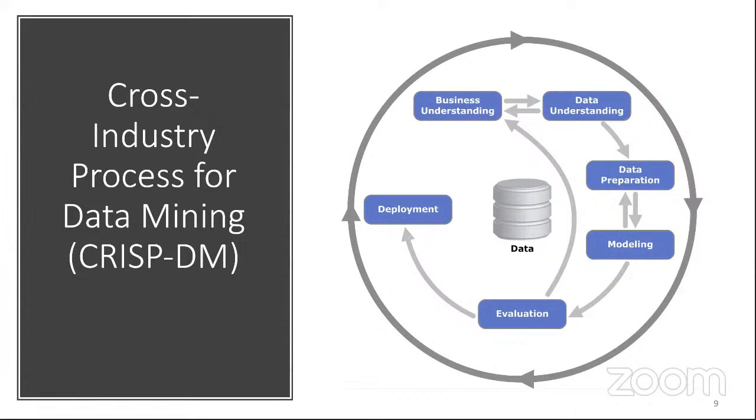Well, one of the earliest ways that people presented for doing data science was what was called the cross-industry process for data mining, or CRISP-DM. And it represents this process flow. You start out with a business understanding, because this was a business-oriented group that came up with this idea, but you could think about this in general as understanding the health sciences application that you're working on. Data understanding, you're trying to understand what the data have in it, then you do the preparation, the wrangling, all that kind of stuff. Then you do the analytics or the modeling, the evaluation of your results, and then you communicate your results through deployment.